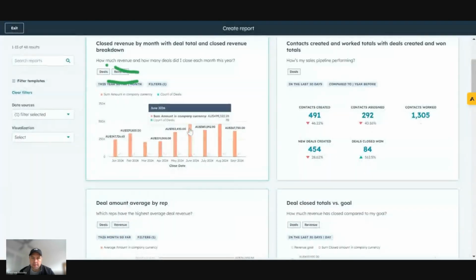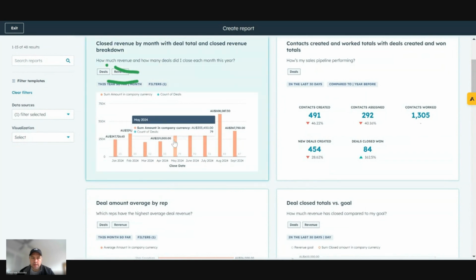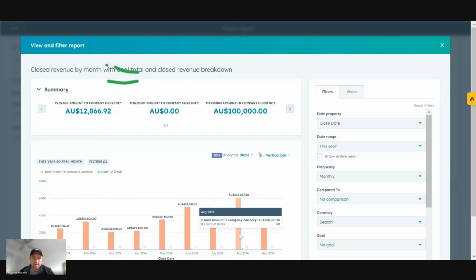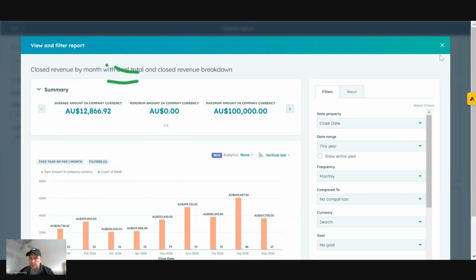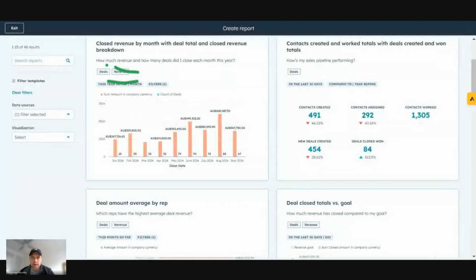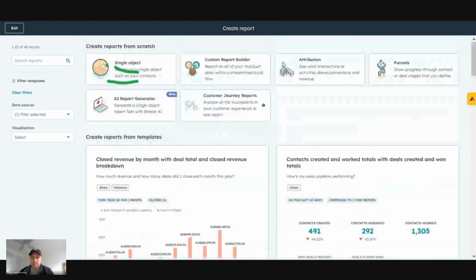Once they're saved in the dashboard, you'll be able to click into the data and see the actual numbers in those reports. If you need to, you can click into that deal and open it up. So again, a lot of flexibility around managing these different data points, and a lot of options if you're unsure how to start.